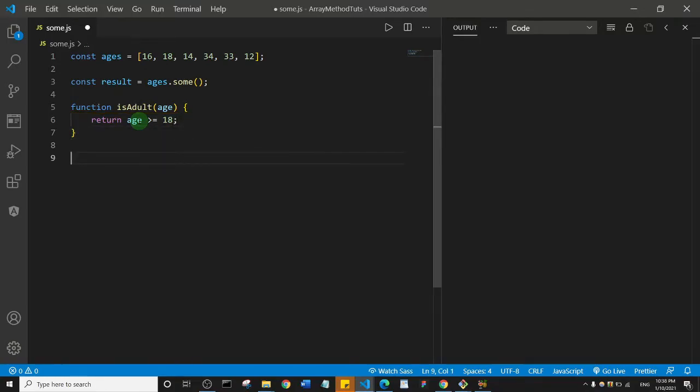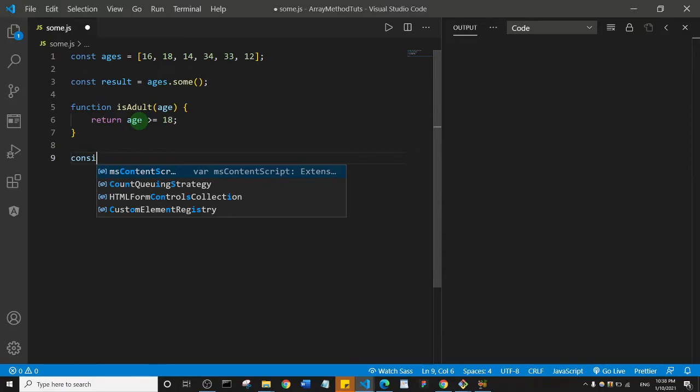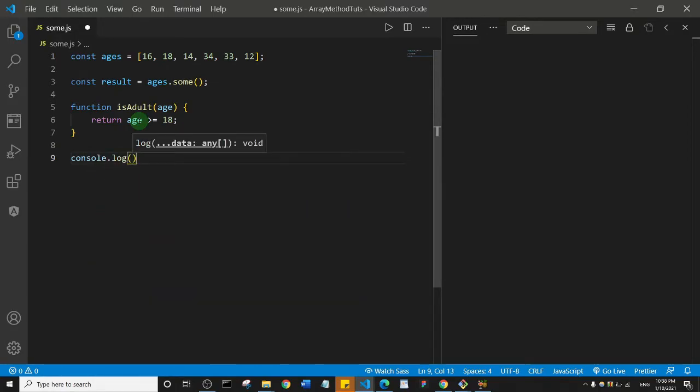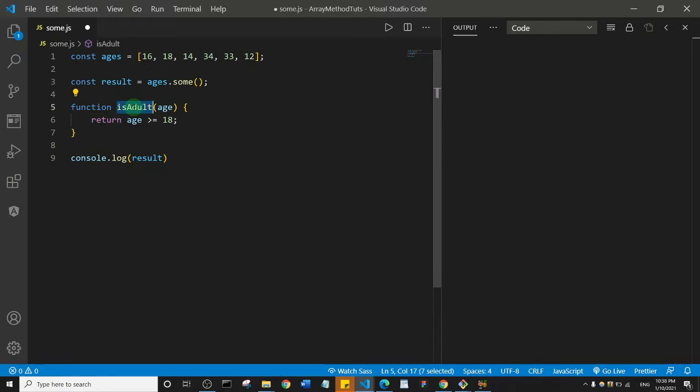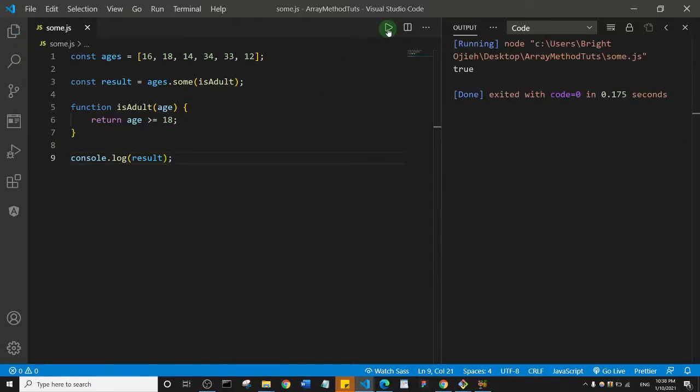Now basically what I just need to do is to console.log my results, and that is because I'm going to come here and pass in this as a callback here, and then let's save, and I'll run this and let's see. So you see here that we get true, and that's because we have at least one age here that is